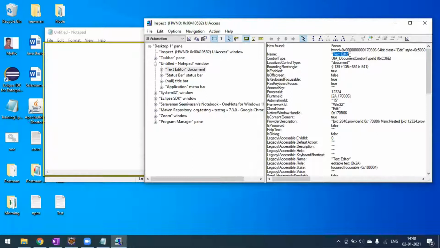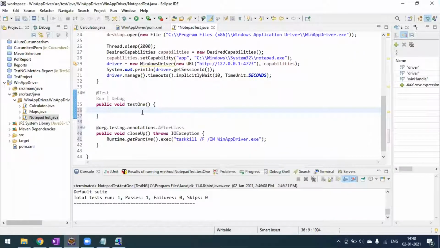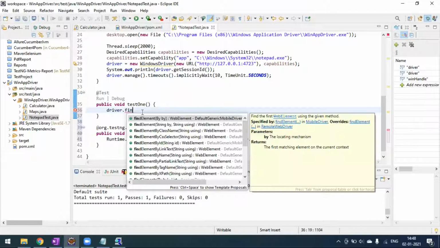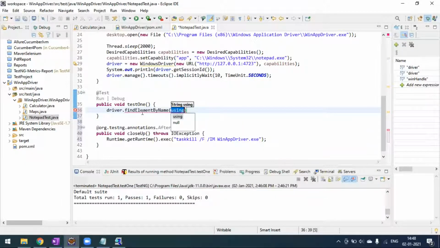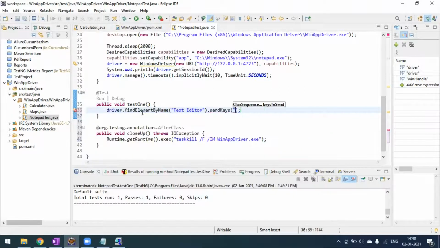I will copy this value. Okay, so I will go back to the Eclipse. So what we have to type here? So driver dot find element by name. Right. So this is what we have to select, and the value that we copied from the inspect tool, then send keys. Right. We have to type something in the text area.